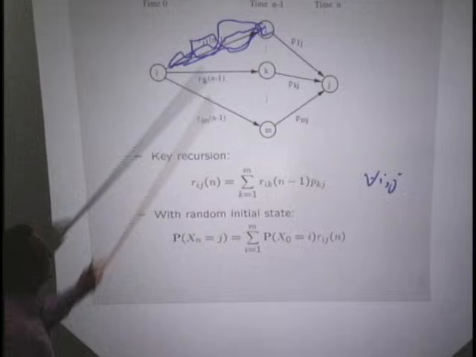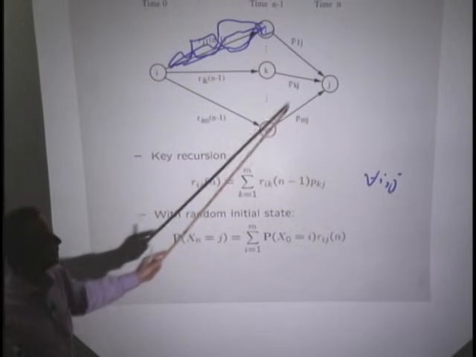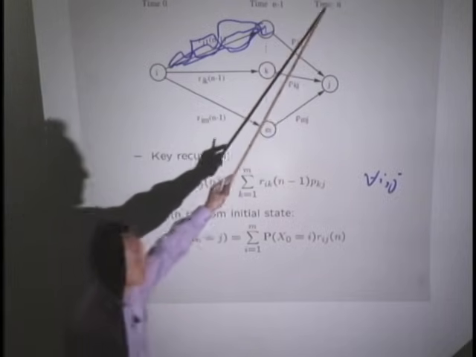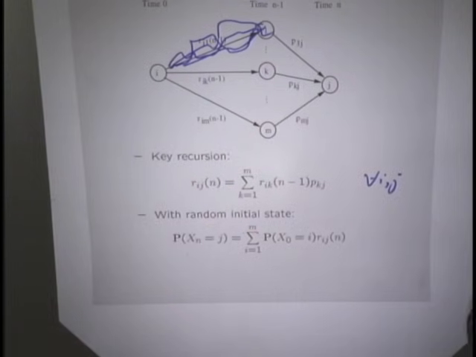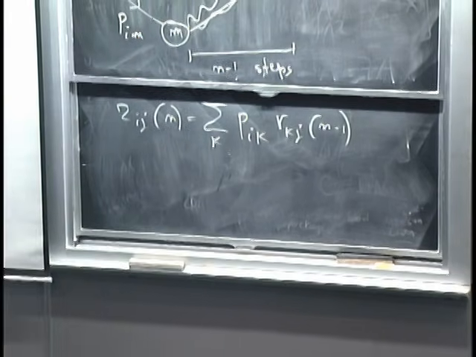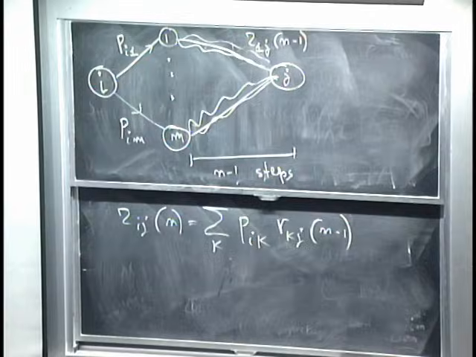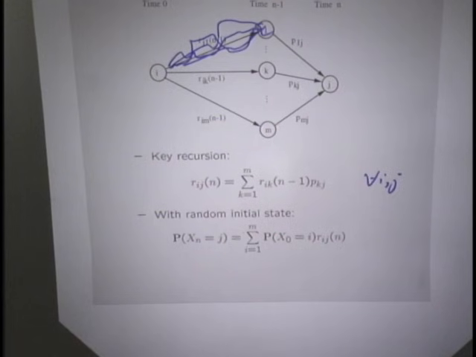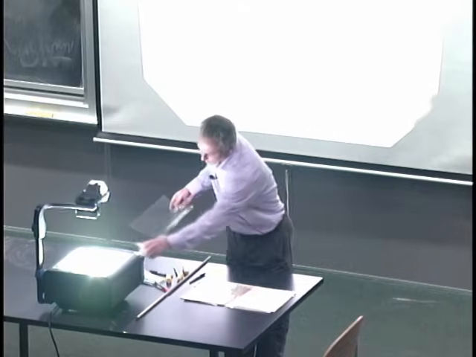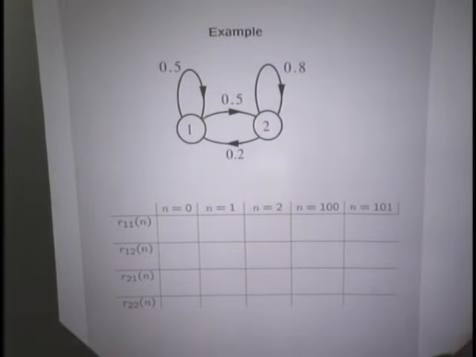Here we use the total probability theorem by conditioning on the state just one step before the end of our time horizon. Here we use the total probability theorem by conditioning on the state right after the first transition. So this general idea has different variations. They're all valid, and depending on the context that you're dealing with, you might want to work with one or another. So let's illustrate these calculations in terms of an example.